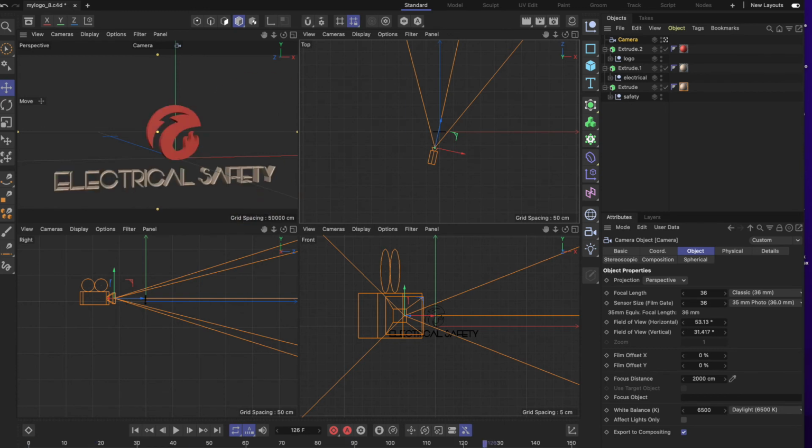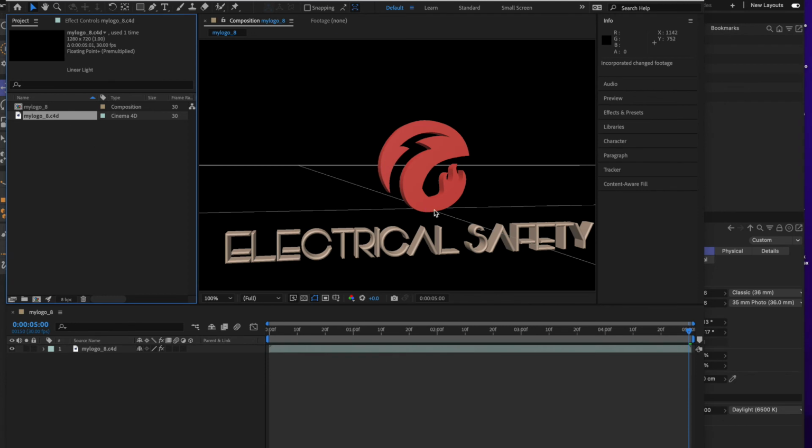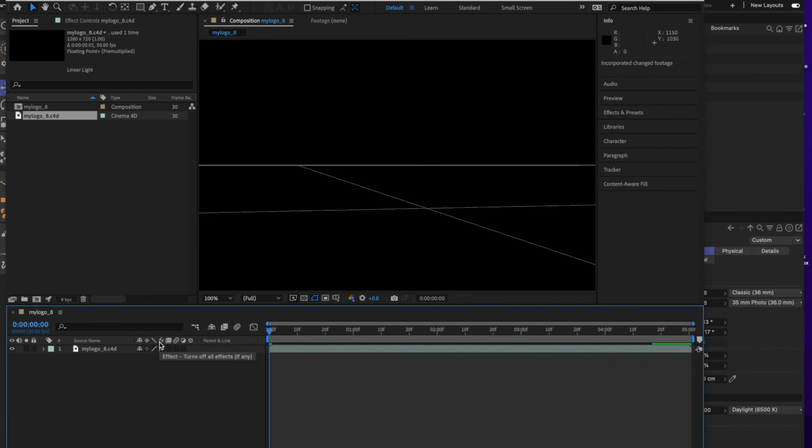Okay, then you save it again, save the project. And when you go back to After Effects, you can see that it will auto render your file from Cinema 4D to After Effects. Okay, right, so now if you press the space bar,